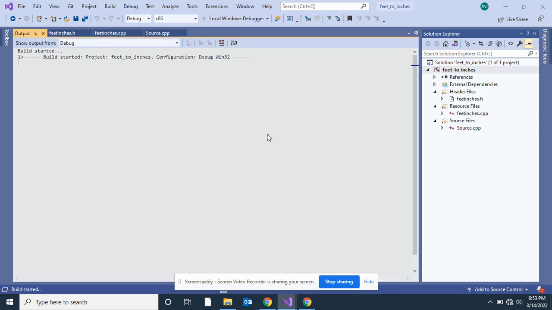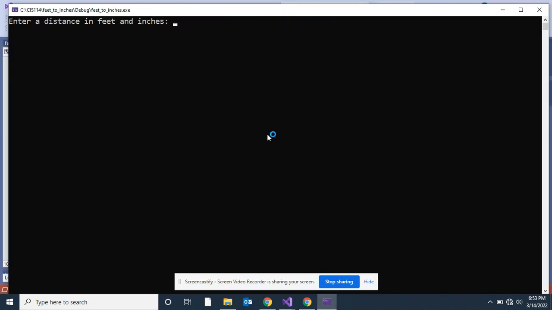Running this again to kind of go full circle so you can see this. 2 foot 6 inches on my imaginary line. And now let's go negative numbers. Negative 4 foot 0 inches. So if you think about this, 2 foot 6 inches to the right and 4 foot to the left, that's going to be a distance of 6 foot 6 inches,